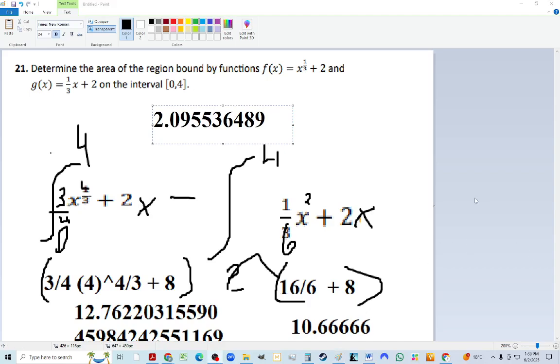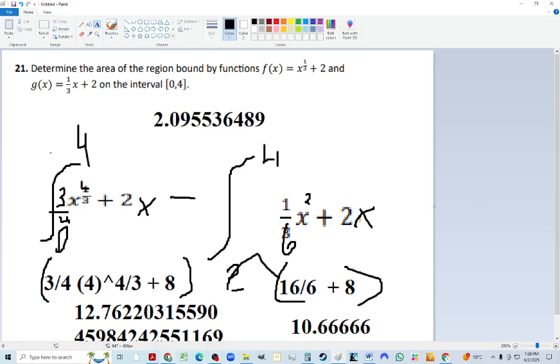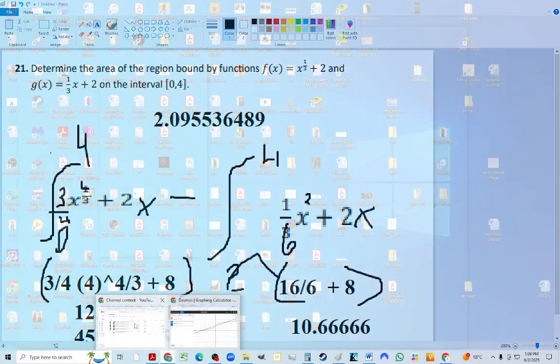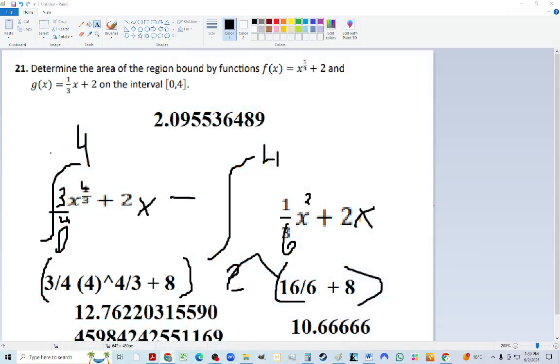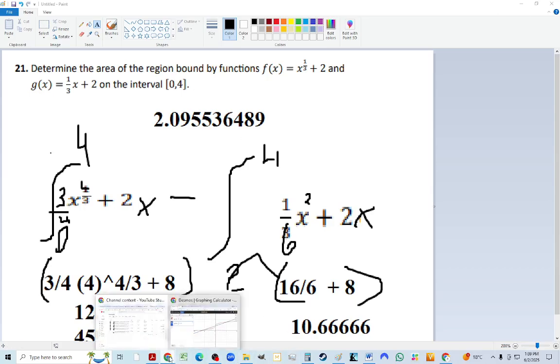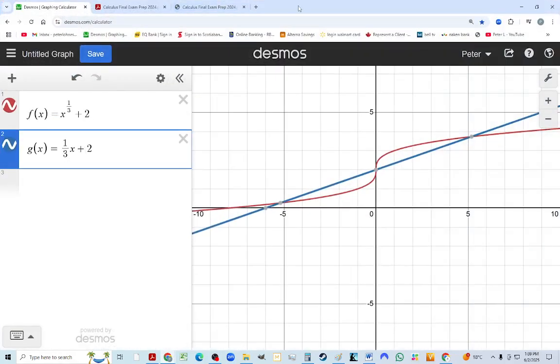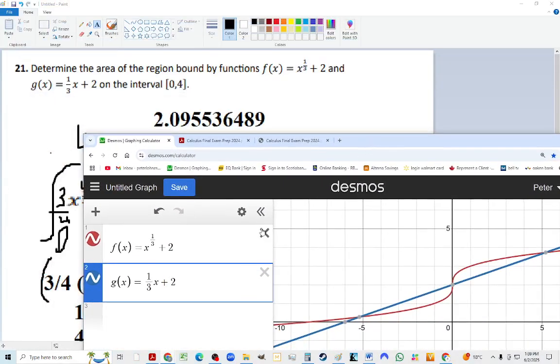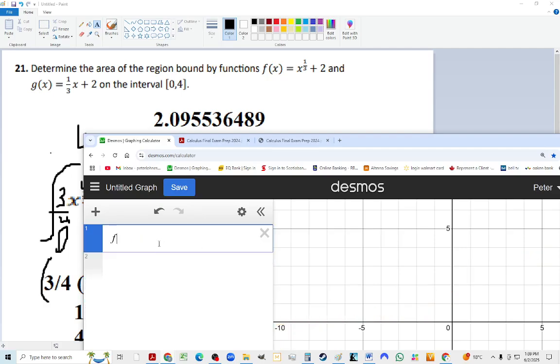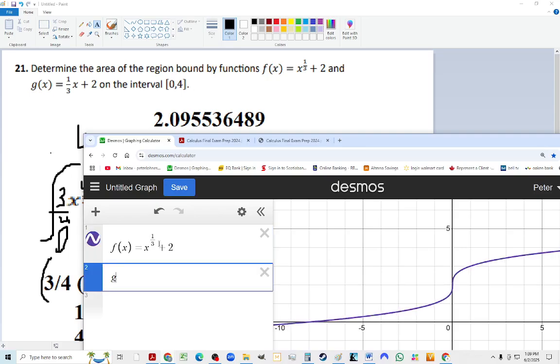So now to prove this, just to make sure we didn't make any math errors, it's always good to use your tools when you're studying. I know people say, well, I won't have the tools, but it actually really helps you to confirm that you did the right integration. And here's what we do. Make one function, the top function. We're going to let Desmos do the integration, then we're going to test our version of it, and make the other function